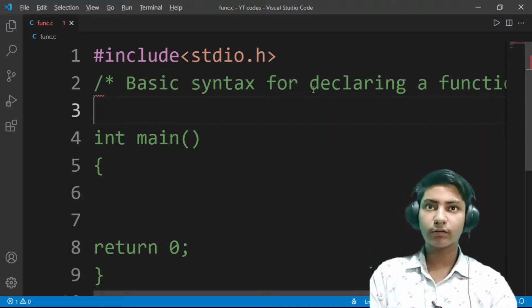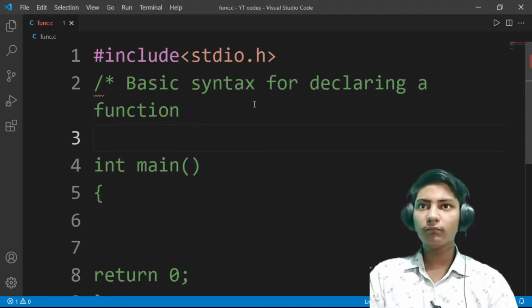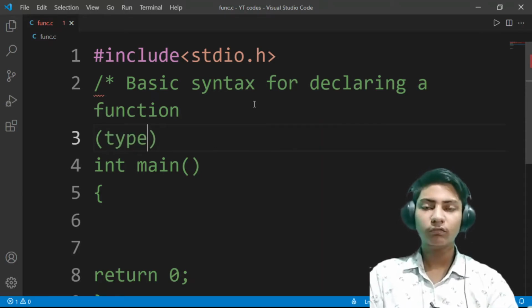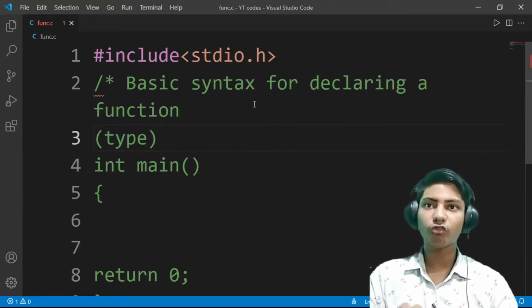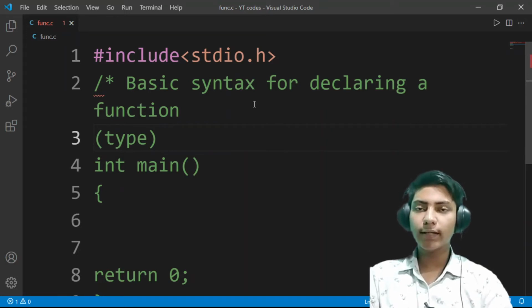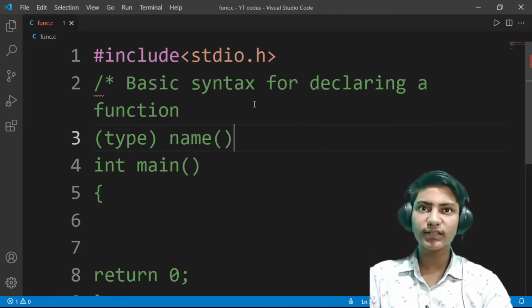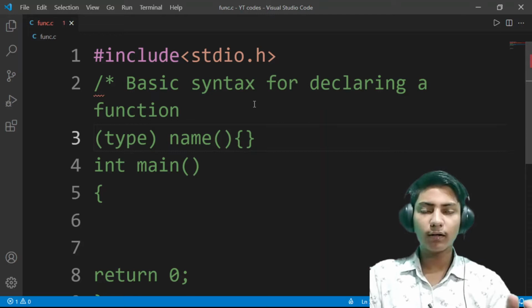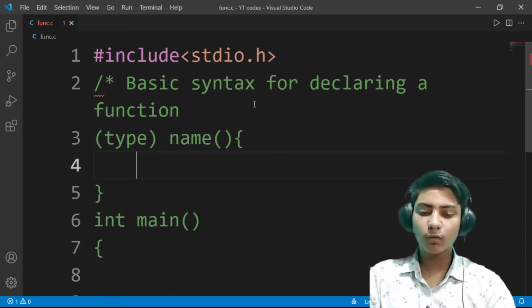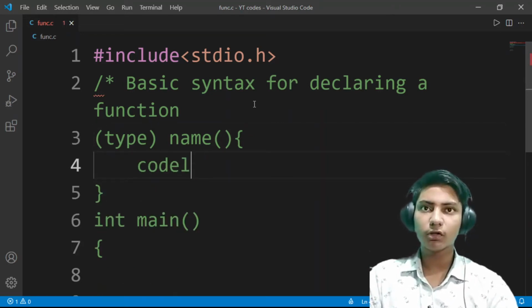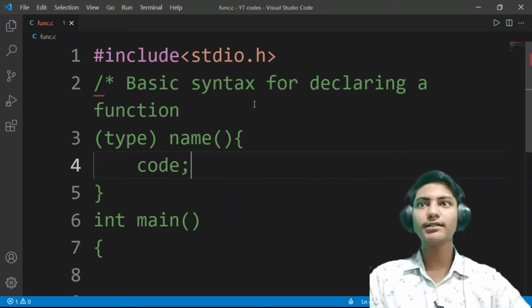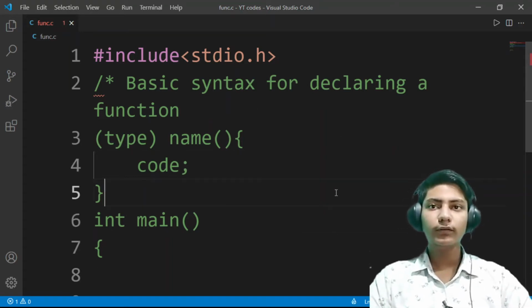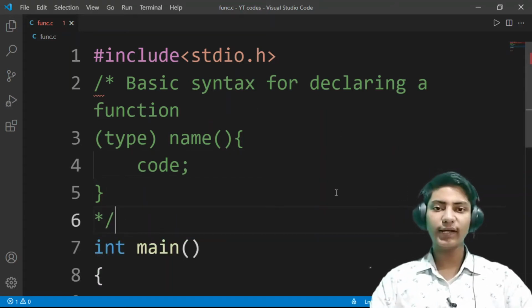So the syntax is the type of the function, whether it is int, char, void or anything, and then the name of the function with parenthesis, and then curly braces, and the code within them with semicolon or as it is coded. This is the basic syntax of declaring a function.